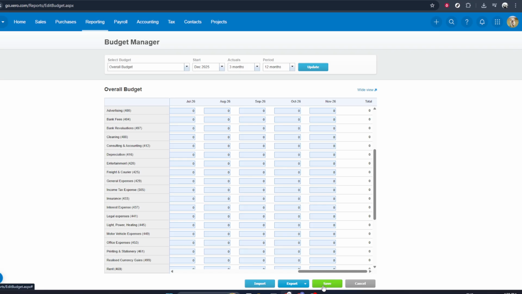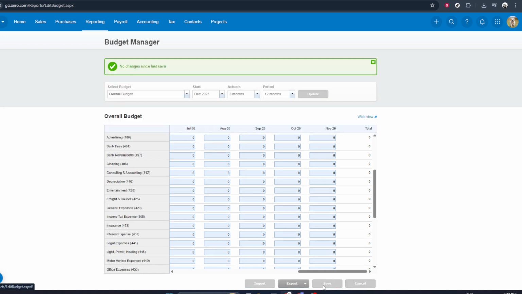Then enter the amounts for each income and expense account for each period. You can work through this line by line, or paste data if Xero allows, aiming for figures that reflect your targets or expectations. When you're happy with the details and the amounts you've entered, scroll down or look for the Save button on the page. Click on Save to store your budget in Xero. After saving, your budget will be available in Budget Manager and can be used